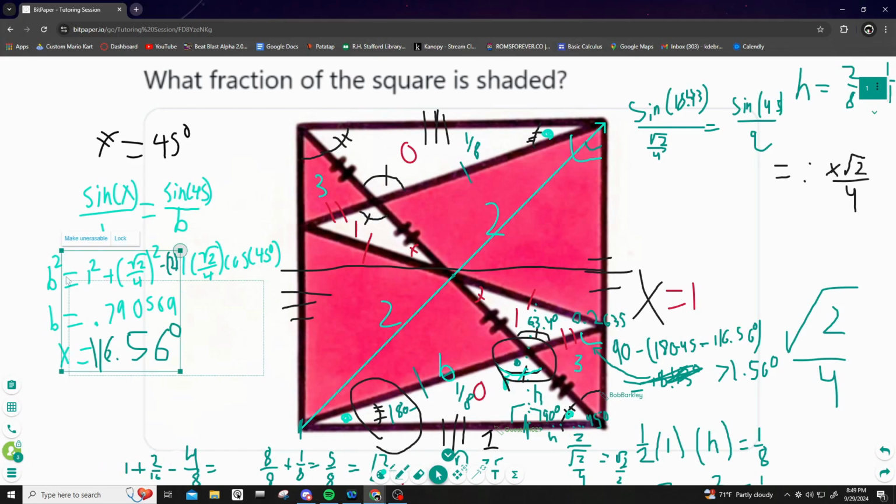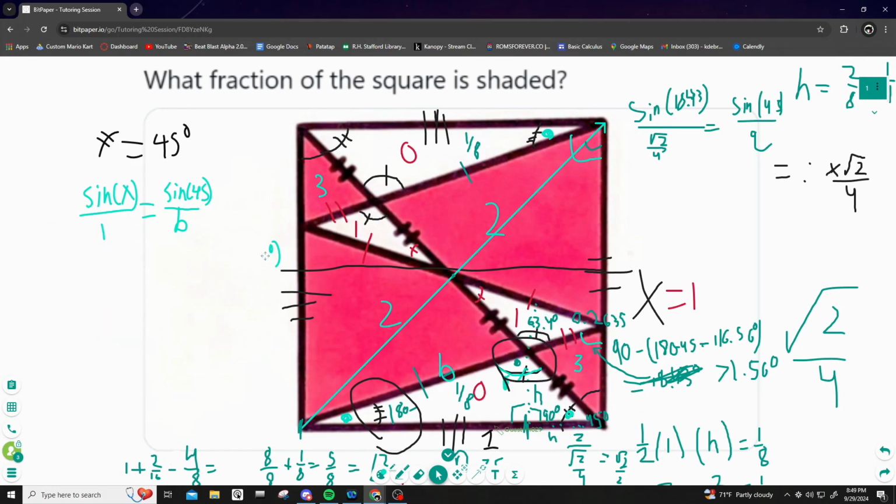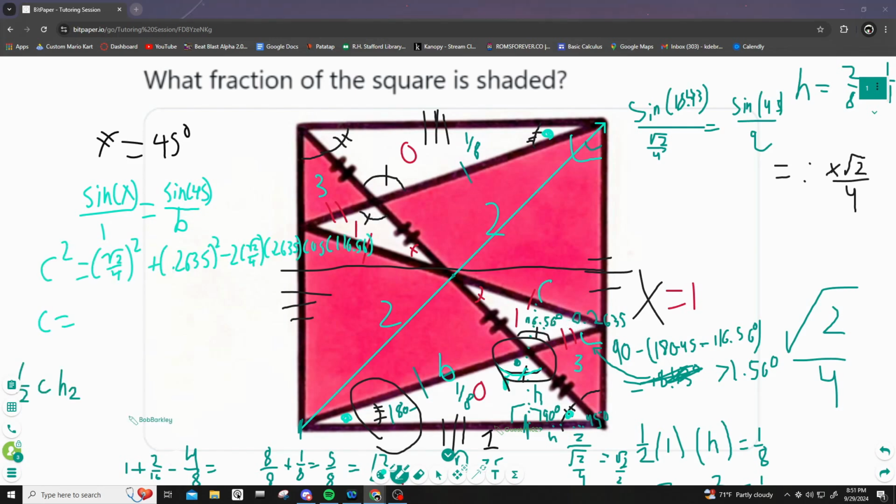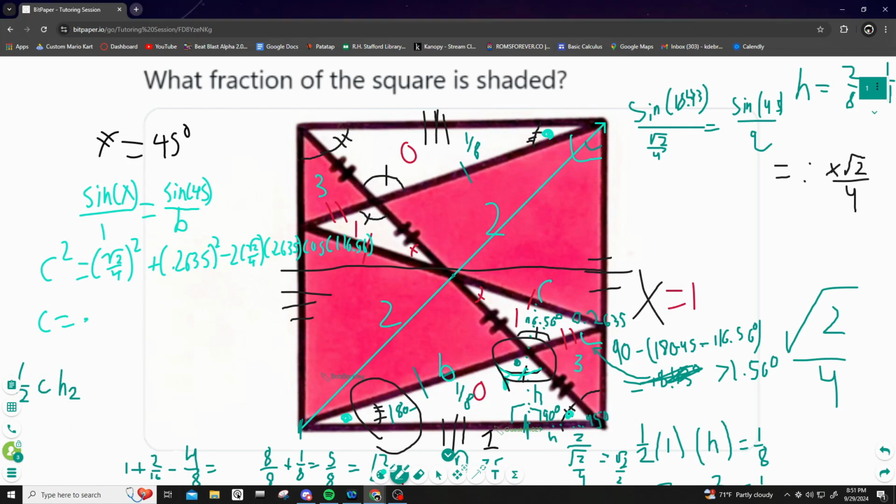I'm just going to erase the old one. Just make sure we note that this is not that. It is 117 or 16. Whoa, back it up. I'm going to call this C. So C is